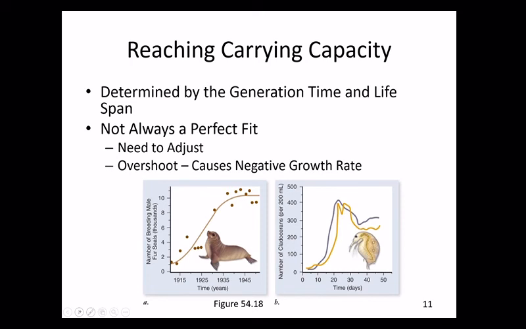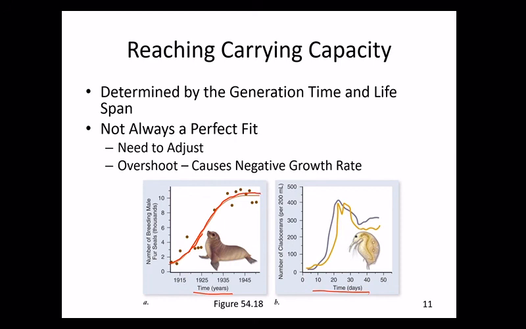Okay? So we're using two examples. We have the number of fur seals over time and the number of, I know it gives that term, I'm going to call it Daphnia. You guys are all familiar with the Daphnia, and I think it's a good example here. Notice what happens in the case of the fur seals, long generation time: it began as exponential, and then it starts slowing as we get closer and closer to the carrying capacity.